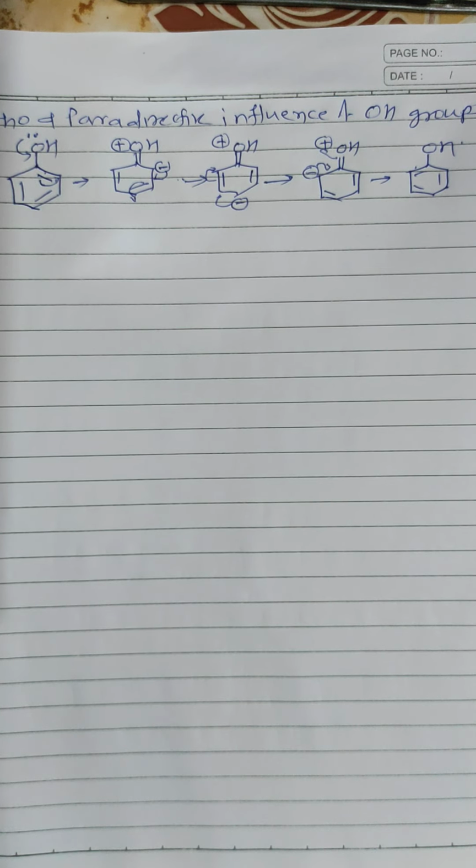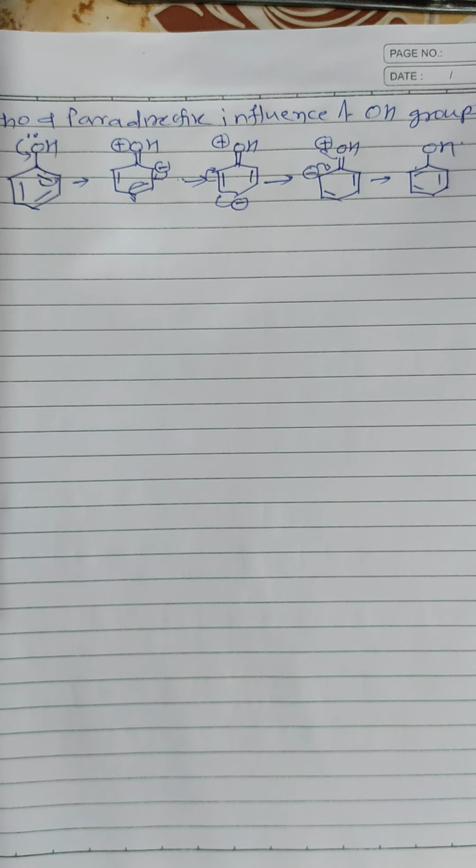This is explained on the basis of a special type of resonance called hyperconjugation or no-bond resonance. Now, in case of aryl halides, halogens are moderately deactivating because of their strong -I effect. Overall electron density on the benzene ring decreases. It makes the electrophilic substitution difficult. However, due to resonance, the electron density on the ortho and para positions is greater than the meta position. Halogens are ortho and para directing. Let us study the various resonating structures of chlorobenzene.